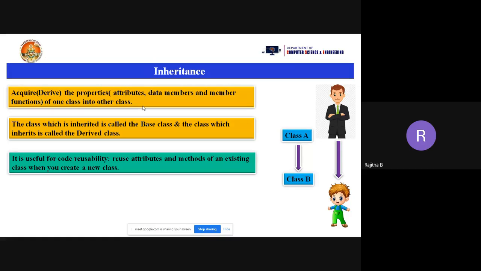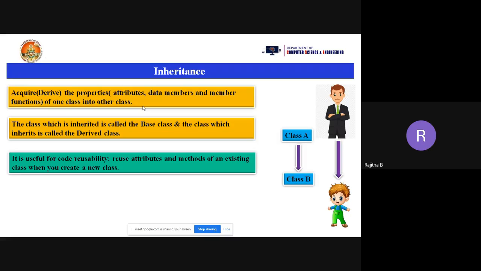Some of the features that belong to your father will be derived into you. If the father's hair color is brown or black, that may be derived into you, so you may have brown or black hair. Some features like the eyes may be the same, or the ears, or the nose, or the lips. So some of the features that belong to your father you can apply into your body also. That is the inheritance concept here.